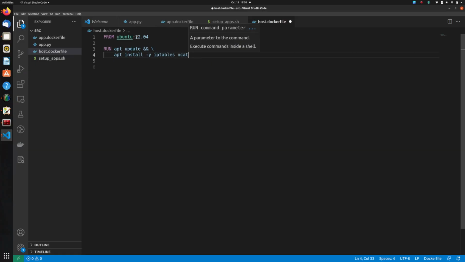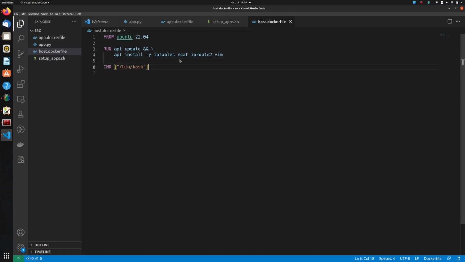Actually, we do not need ncat anymore. Ncat is good for just testing quickly, but anyways, I'll just leave it there. iproute2 is good to have. You can see the different IP addresses and things like that present on the container, and vim just in case we need to edit something. We mostly will not, but I just like putting in vim there in case I need it. I mean, it's just a lab, it doesn't have to be production optimized. Okay, and its entry point will be bin bash. Okay, that's our Dockerfile.